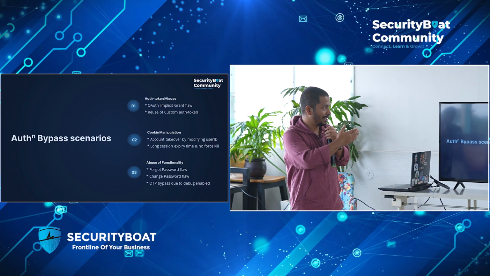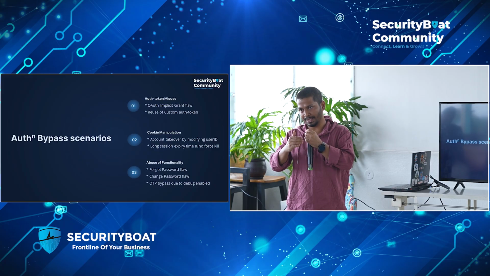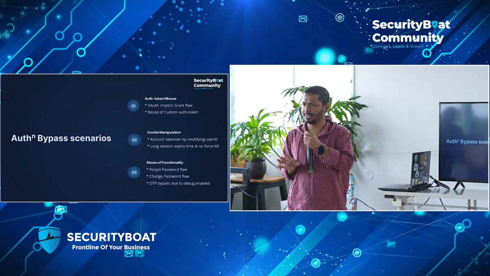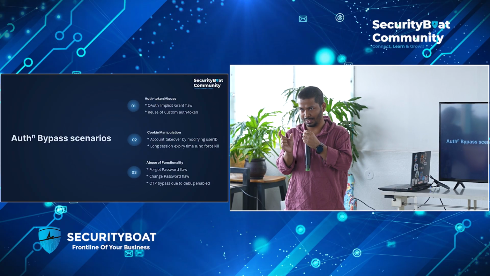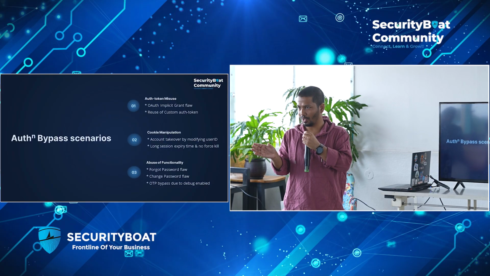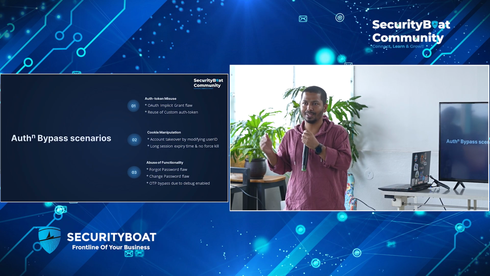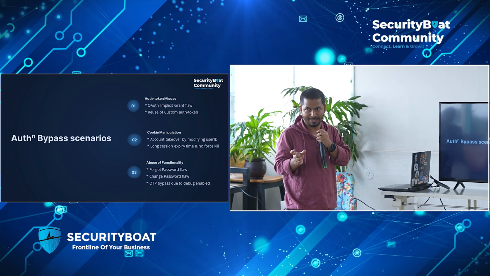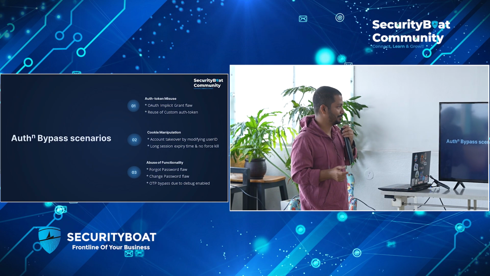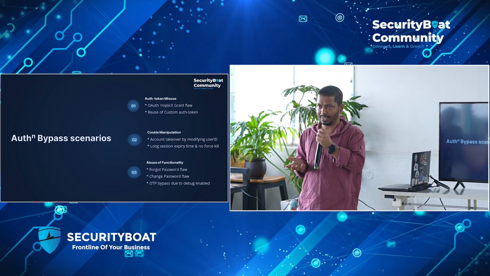So this is the implicit auth grant flow. Similar to that, even other than OAuth implementation, there can be custom implementations also. So when you are testing any application which has auth tokens, try to do this. Change the user ID after the first initial login request: take the valid auth token, intercept the next request, replace the user ID, and see if you get access to the victim user's account, replacing the user with your own valid auth token.